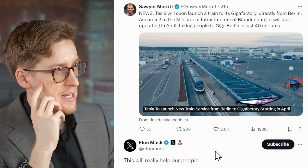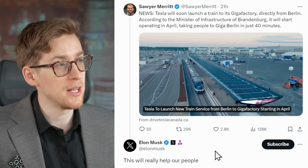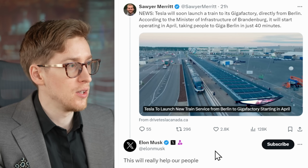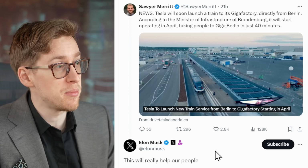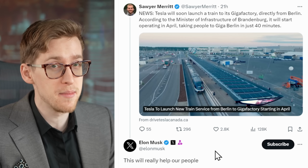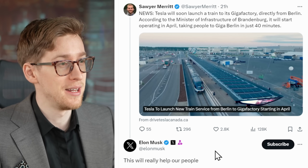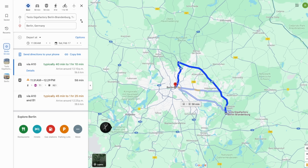The news is Tesla will soon launch a train to its Gigafactory directly from Berlin, according to the Minister of Infrastructure of the local area. It will start operating in April, taking people to Giga Berlin in just 14 minutes, which still sounds like a long time, but it's better than possibly being stuck in traffic and taking 90 minutes just to get to the factory. If you are from Berlin, maybe you can comment down below how long it actually takes to get there